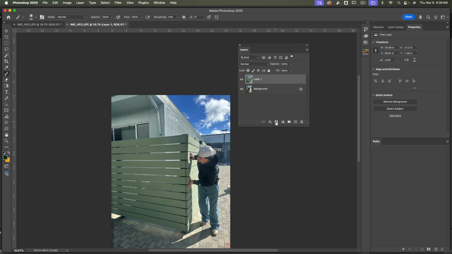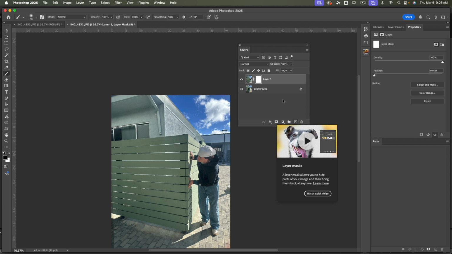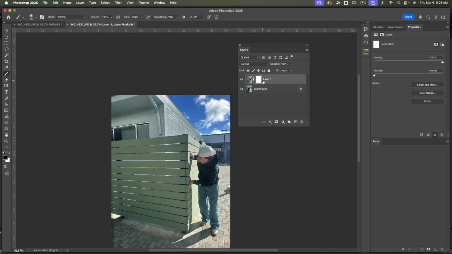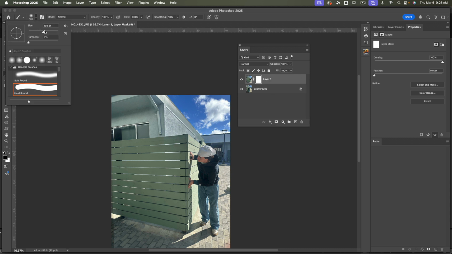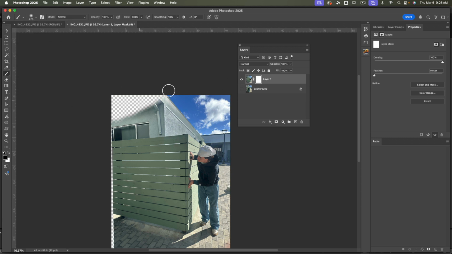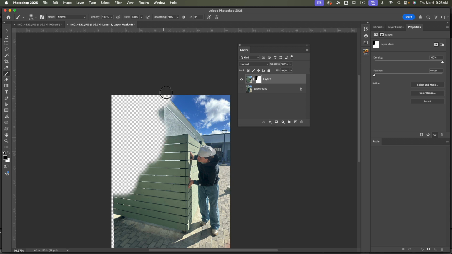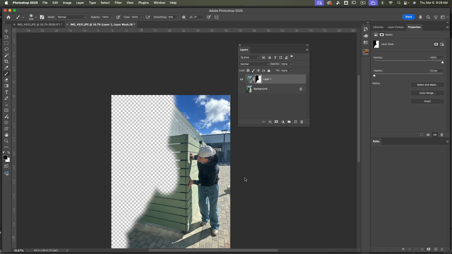Now, the paintbrush way is I'm going to apply a layer mask to this top layer. And I'm going to paint on that layer mask with black. Remember, a layer mask hides things, and it uses black and white. So if I start to paint with black, let's make it a big brush, it'll hide this layer, right? What I'm essentially doing is I'm painting out the parts of the background